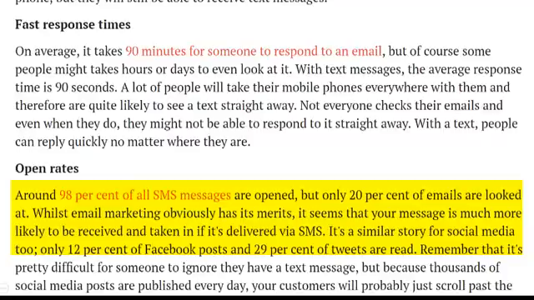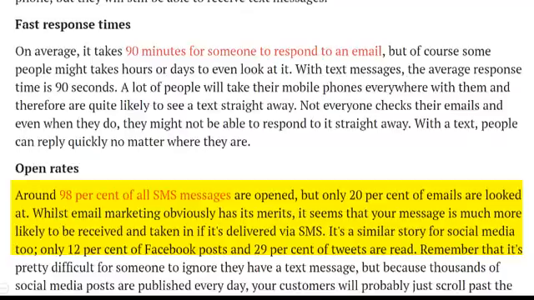Now, I am never going to foo-foo on email list building. Email list building is not going away. Email marketing is not going away. It's still a very huge part of what we do, but we're following the lead of big business. Big business is moving towards mobile. We're moving our business towards mobile. And those of you that want to follow with us, you want to start to move your business towards mobile.